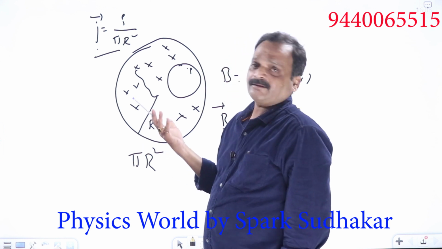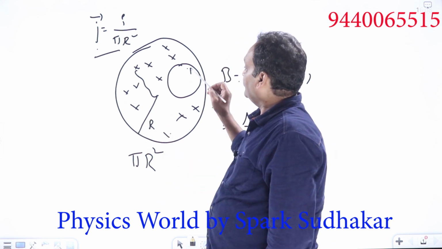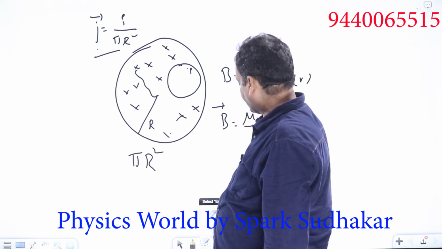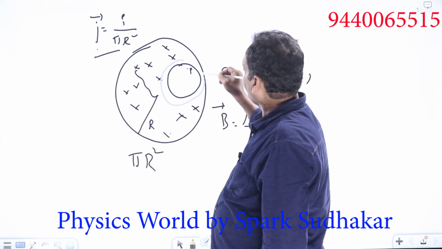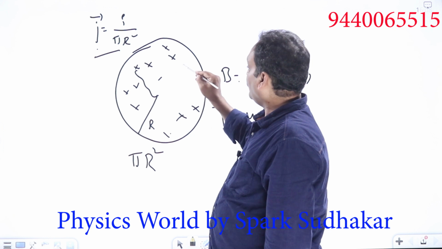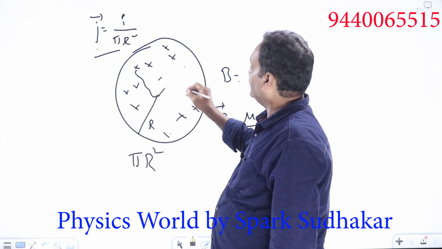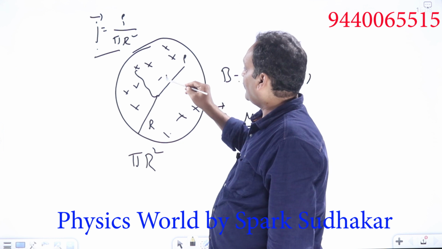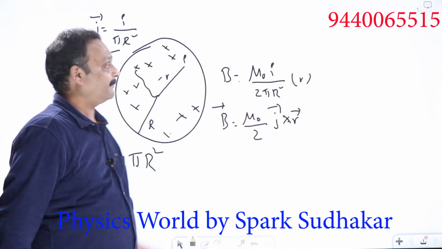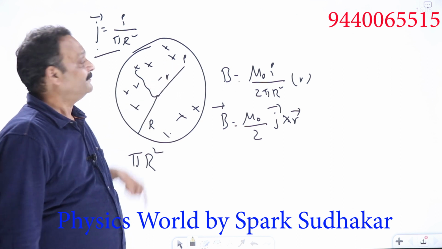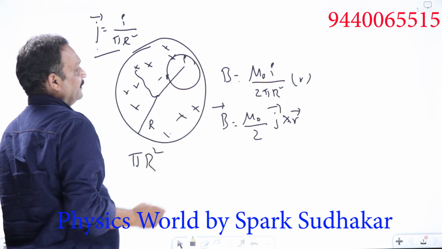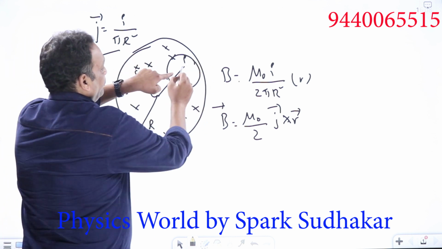Now there are two aspects here. First of all, we should find what the magnetic field at this point would be if this hole is not present. At this point P, I will see at what distance the point P is present. I'll call this R. Simply B bar equals mu naught by 2 into J bar cross r bar will give me the magnetic field at this point. Now there is one hole here, which is not carrying any current. Means what is the effective magnetic field at this point P?